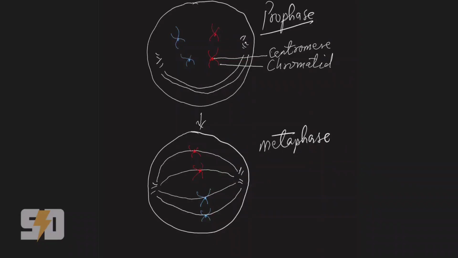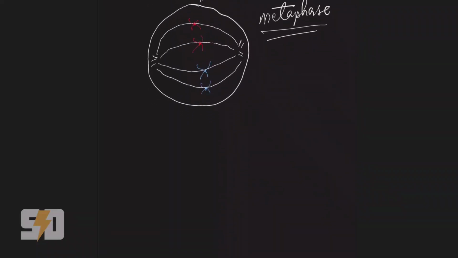Good. So at the metaphase stage, they begin to line up in the center. Now this is to enable them to move to the poles in the next phase. So after the metaphase stage, we are now going to have the next stage, which is the anaphase. Now at the point of the anaphase, we are going to have